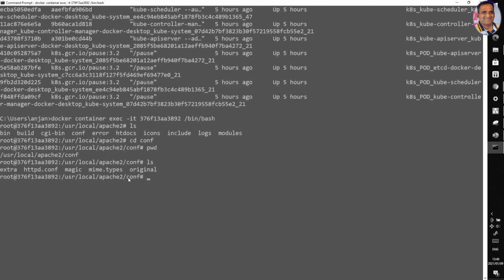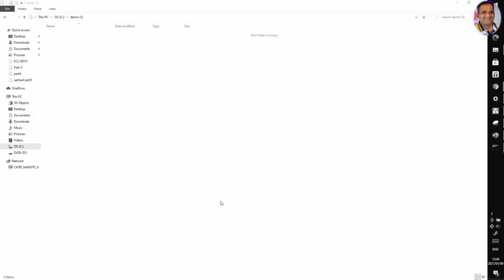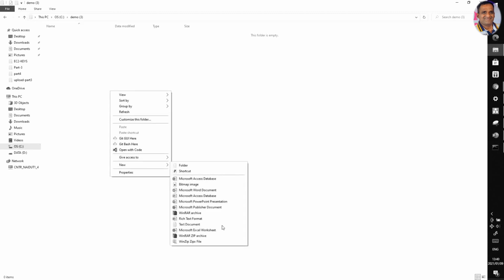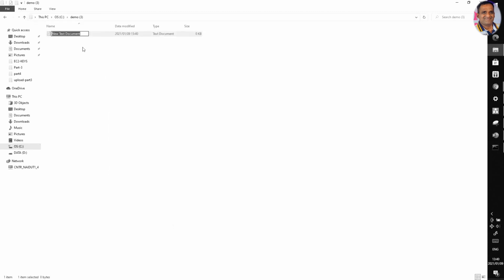If I want to copy some file from the local system, let's go and open the local system and create one file. This is my local system. In C demo, I'm creating a text file. The text file is docker copy command demo.